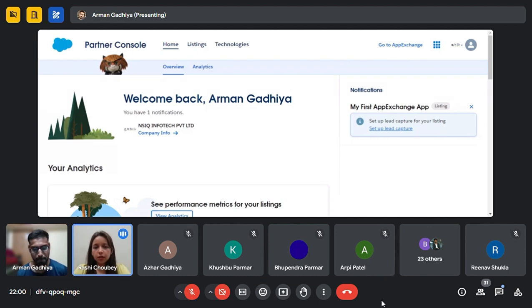You first register for their program, and then fulfill some details that Salesforce asks for. After the registration of your company, Salesforce will verify your details and check if you are qualified for that program, and then Salesforce will get back to you and make you a partner. I hope this answers it, Lakhan.